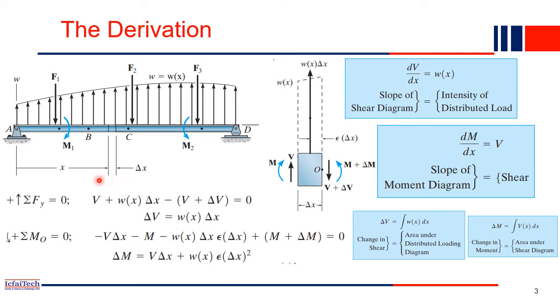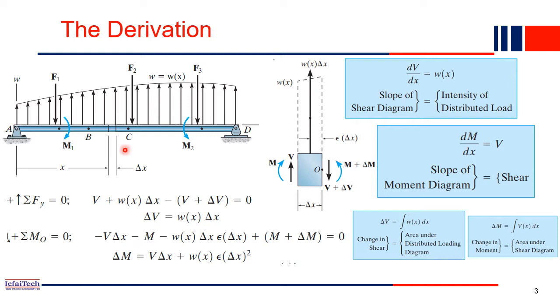So let's derive our basic equation for the shear force and bending moment diagram. Then we'll draw the SFD and BMD. We'll start with the derivation of our shear force and bending moment. Here is an arbitrary beam. It is a simply supported beam and the loading is arbitrary. If you see, there may be concentrated loads F1, F2, F3 and there may be some UDL also acting. This wx is basically the UDL.